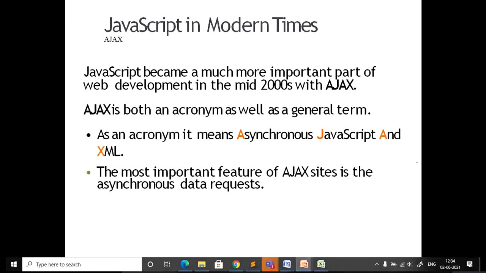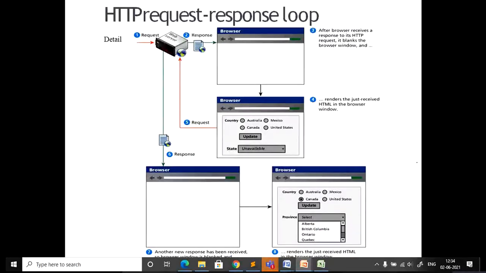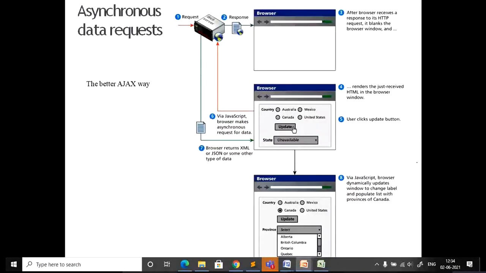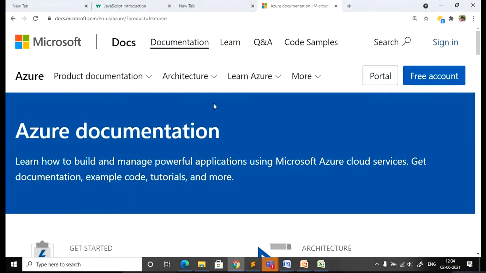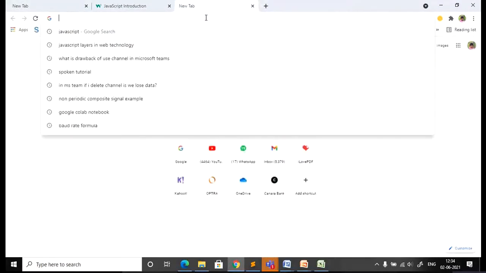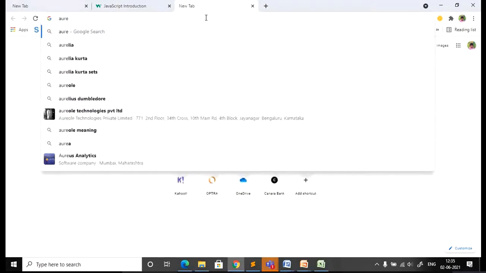Okay, so this is about JavaScript, that is Ajax. You can just observe the difference between this one. The first time, definitely there will be a blank screen even if you use Ajax, because it is taking time to load the page. Even in what I have shown now, you observed that it was taking some time. If I try the same website once again, I think I will be able to open that page quickly compared to the first time.